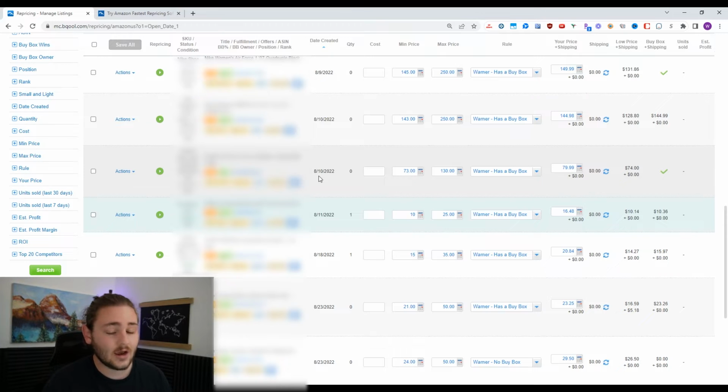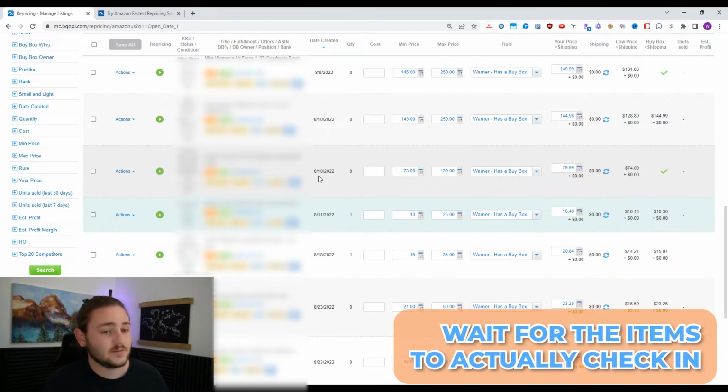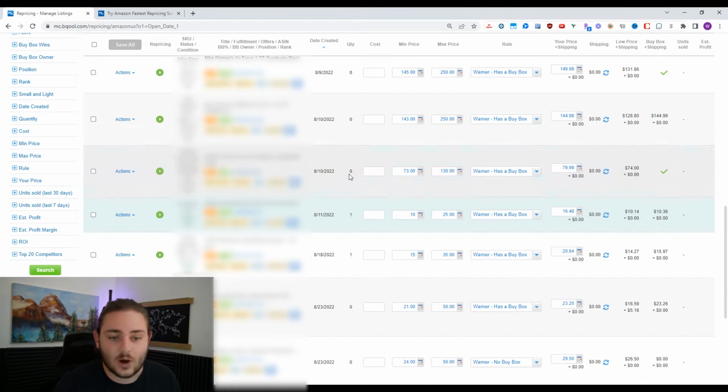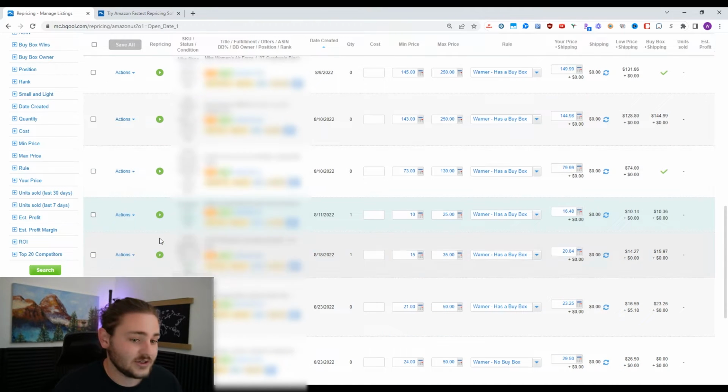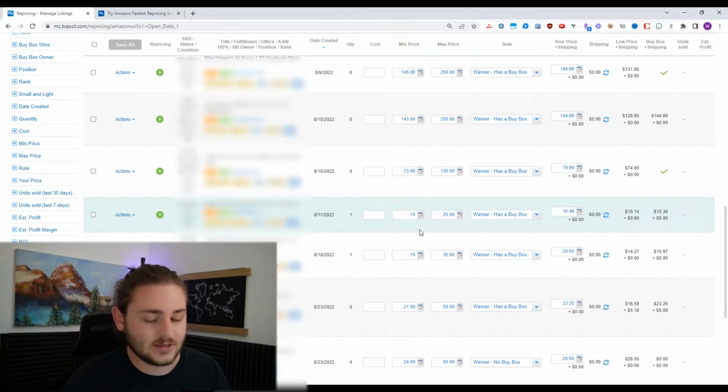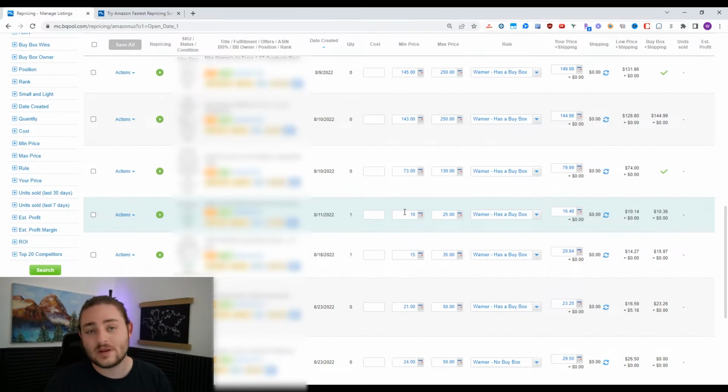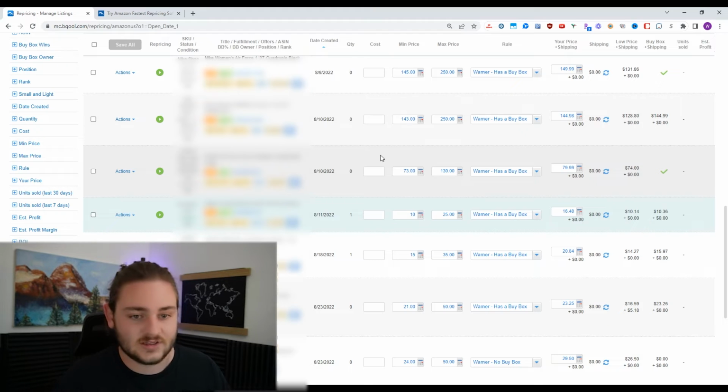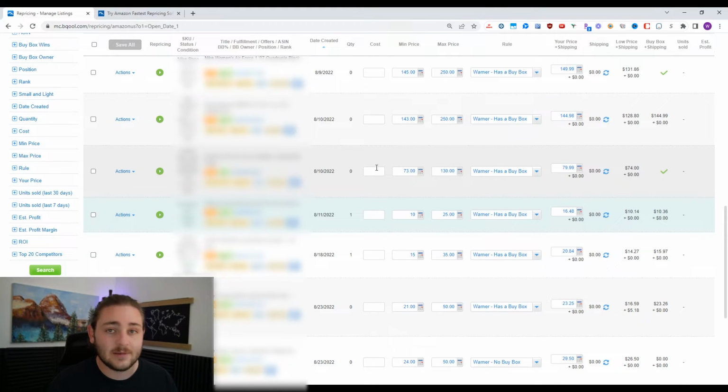So when you're looking at each individual item here, typically it's going to be best for you to wait for the items to actually check in. Whenever it says quantity 1 here, that's when it's checked in. It'll say active right there, and then you'll be able to take action and start repricing your products. If you do it before then, you might reprice your products before they're actually stocked in, and you don't want to lower prices before you're even able to make a sale. It's bad for the whole listing. So make sure you start setting your minimum and maximum price after you've actually seen the item go live at